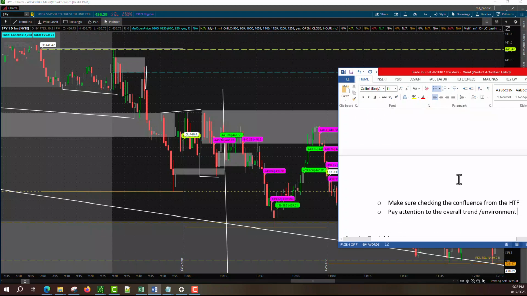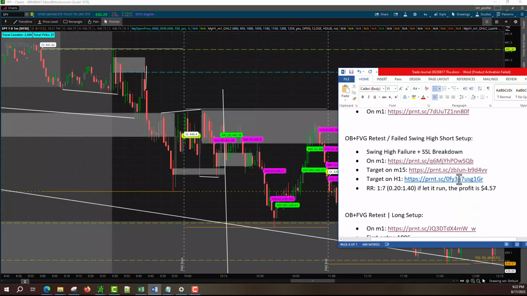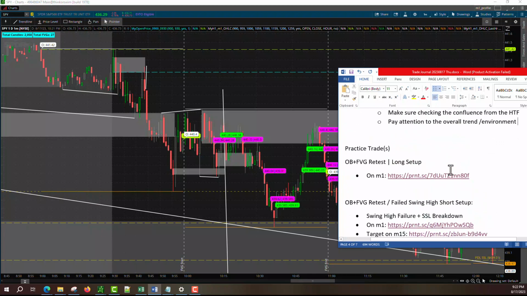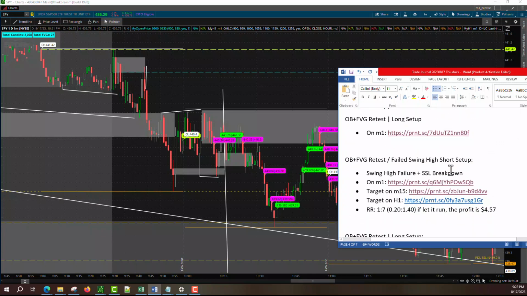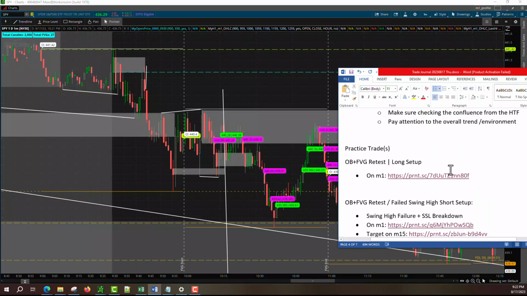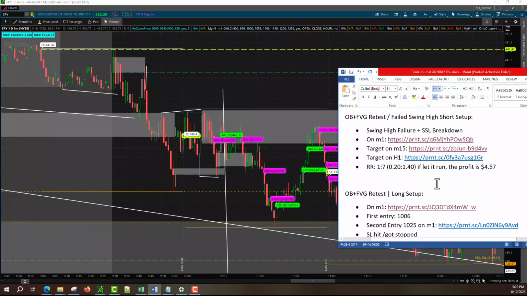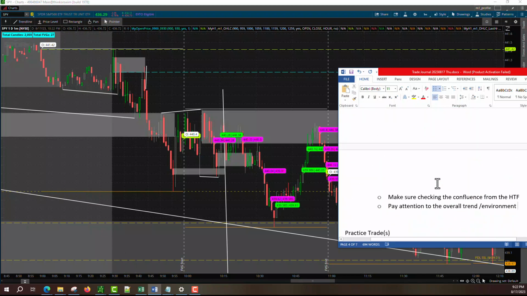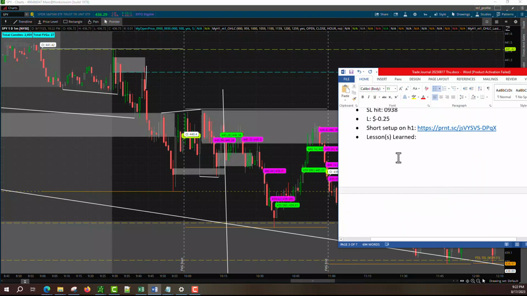That's what we learned from today. We learned twice, right? This setup, we tried to go long, and I think we also failed on this trade, right? I mean, all the long setups failed today. So the lesson learned is